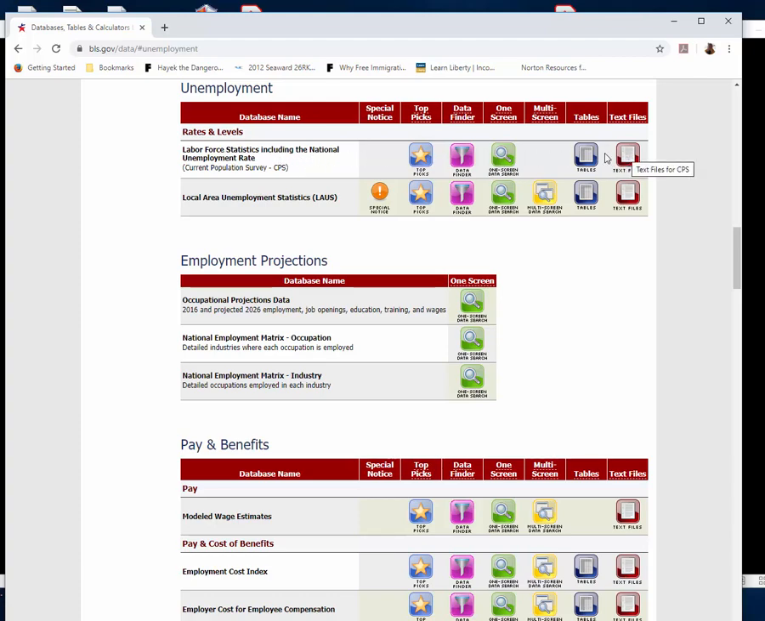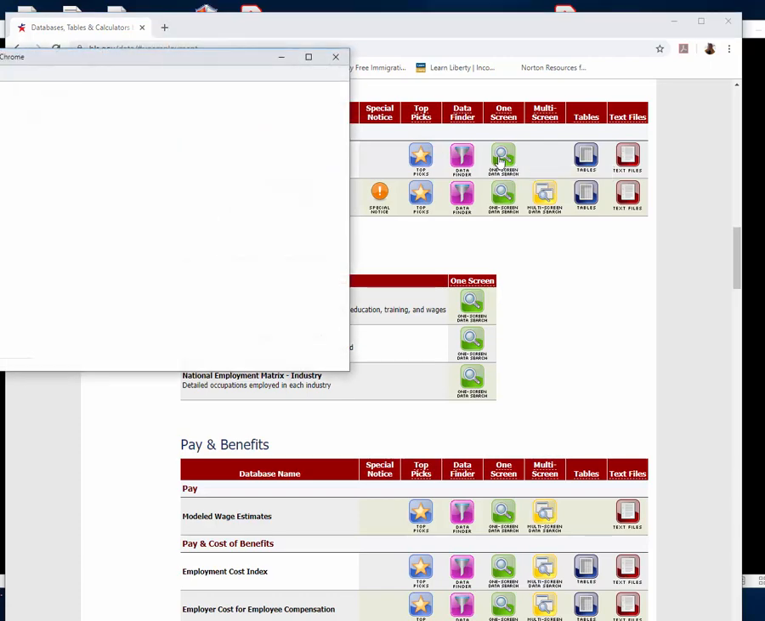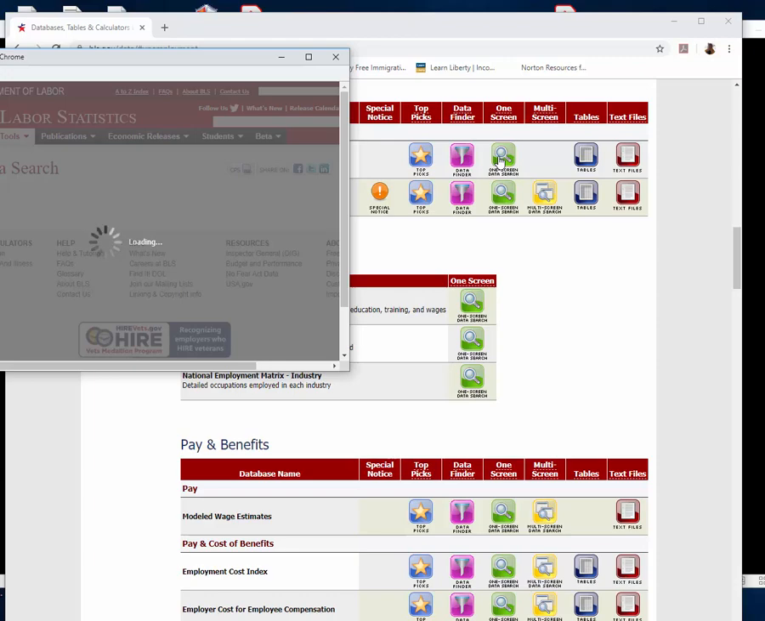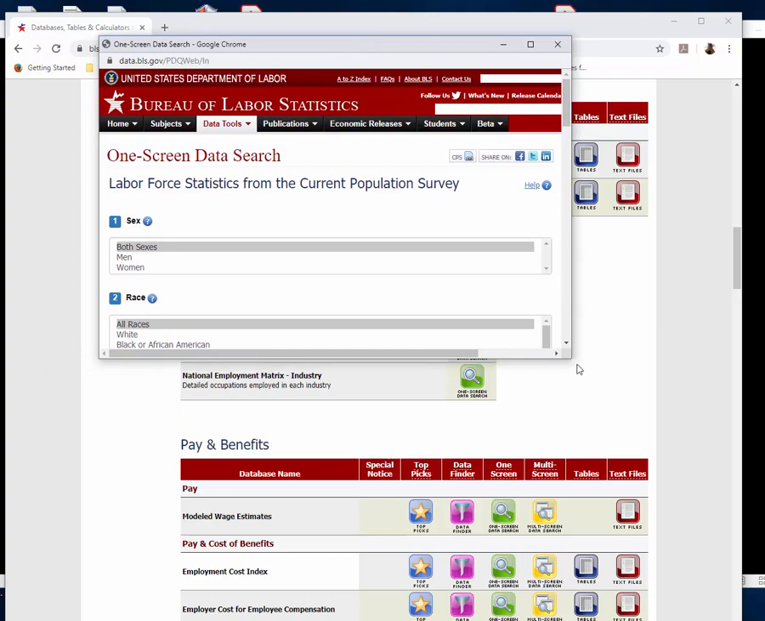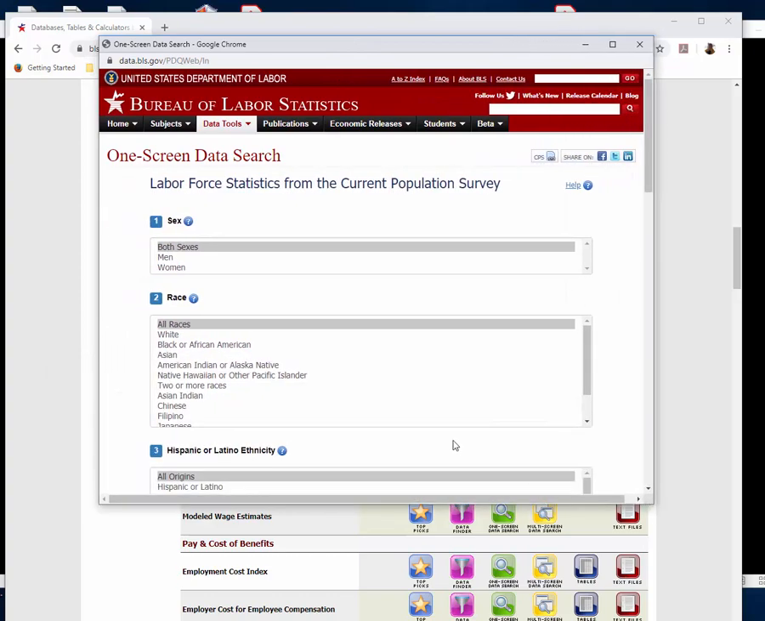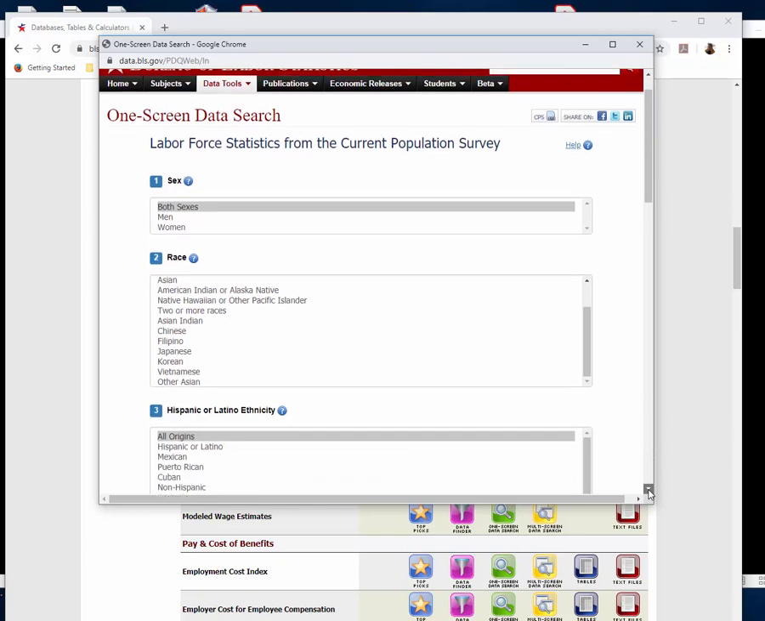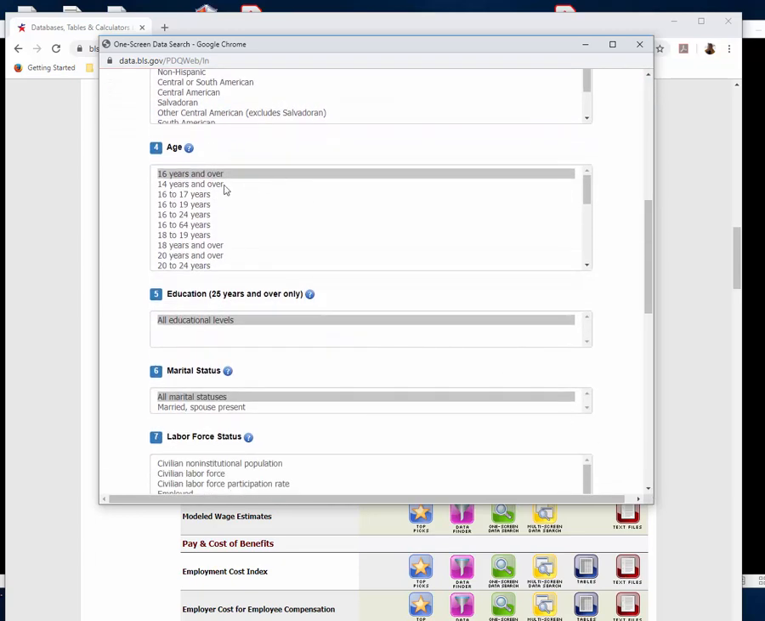So you can get a text file or tables. I usually use this thing right here, but all of them would work. I think you need some little app to make this thing load, but it'll come up. So here is the, let me get this over where you can see it. So here's all the ways the unemployment rate is broken down. So I'm going to get the unemployment rate for both sexes, all races, all origins, 16 years of age and older, all educational levels, all marriage status, and now in this box I need to